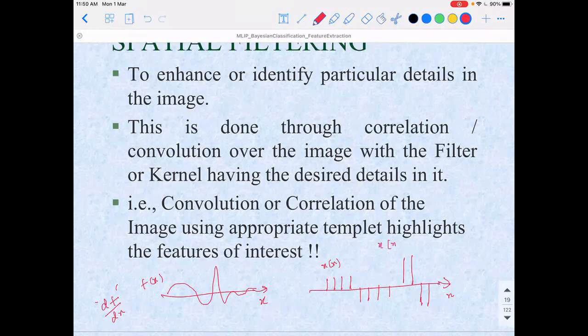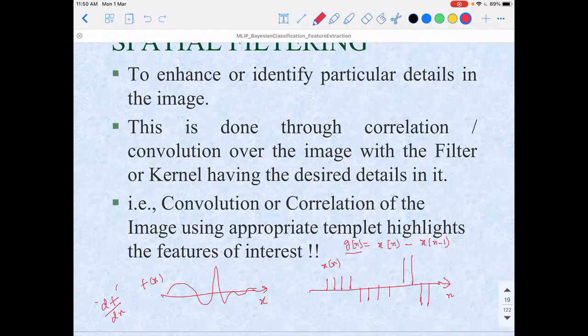So essentially x of n minus x of n minus 1 is one such. If I find the output signal or the gradient signal as x of n minus x of n minus 1, this gradient signal will show the changes or the variations with high magnitude. If I am not interested in the sign, I can put even the absolute value here. Otherwise, direct convolution is also good enough, to show the changes with sign as well.